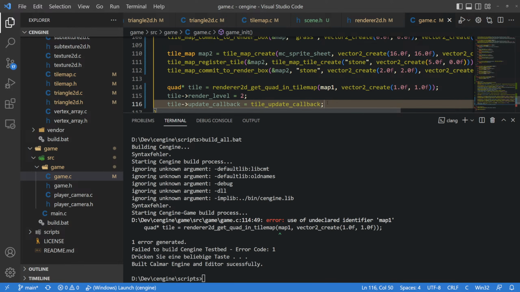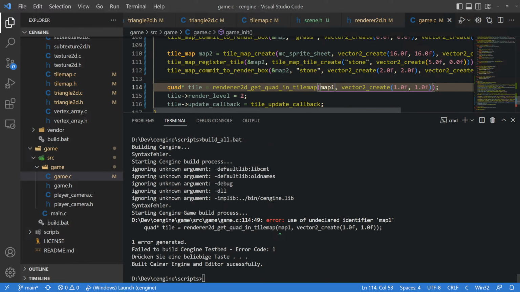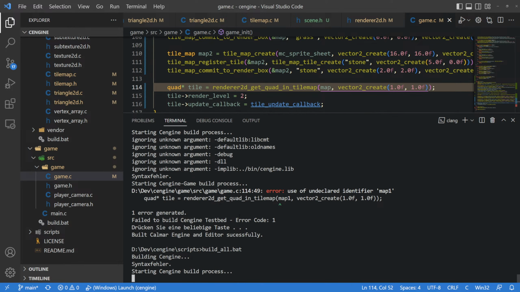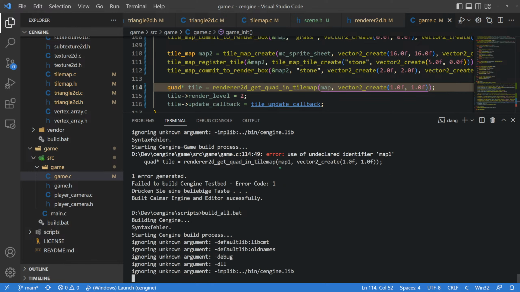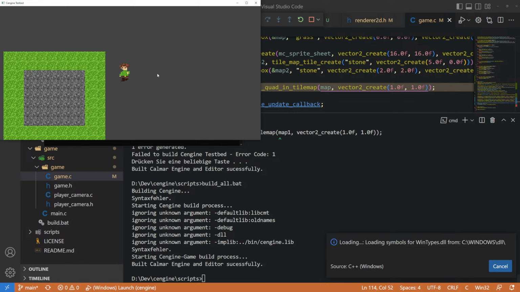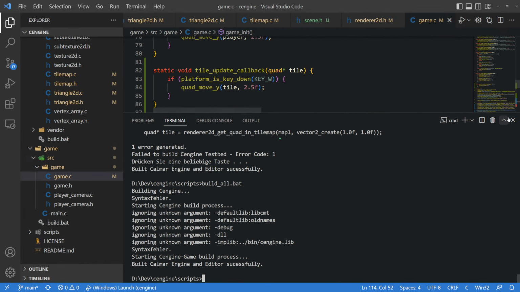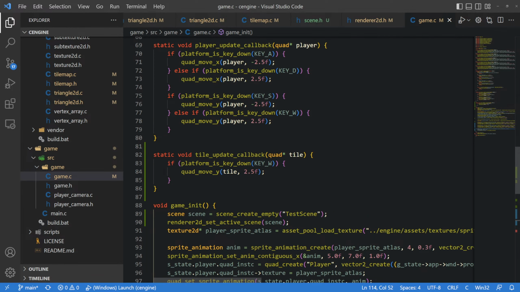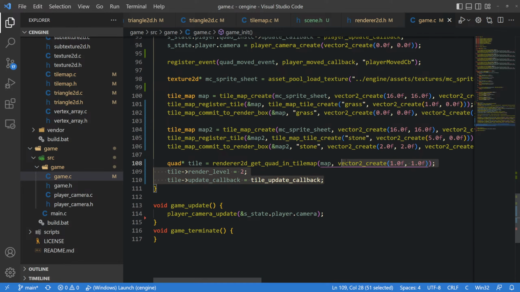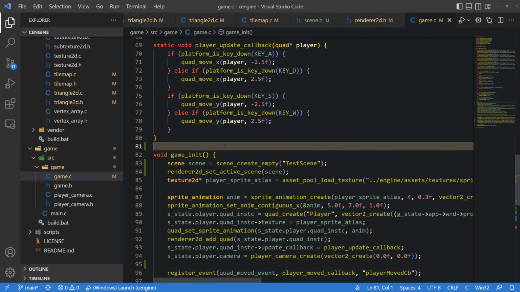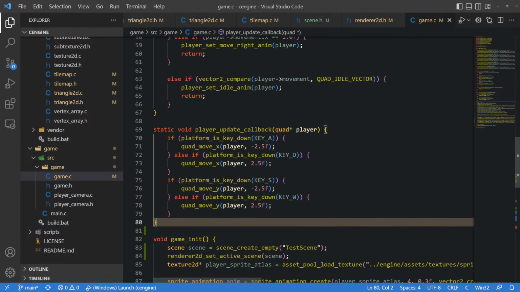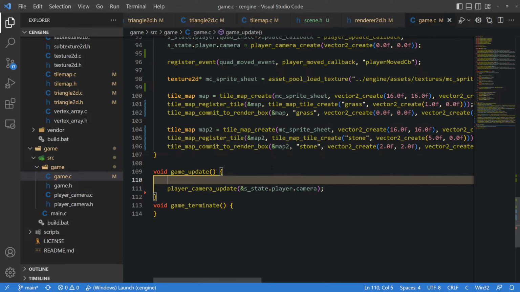So now, oh, map. So now we should get the one tile moving. Yeah. Okay, but that's not what I actually wanted. Like I don't know why I even did that. Maybe for testing, I don't know. But okay. So in game update, we do